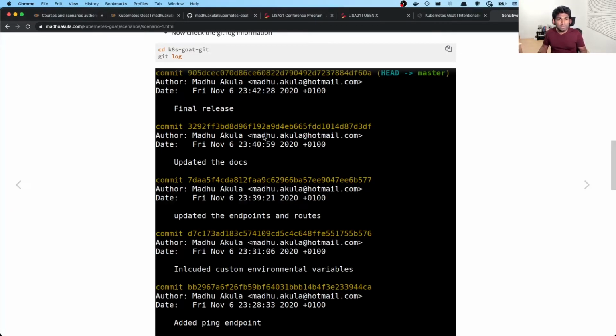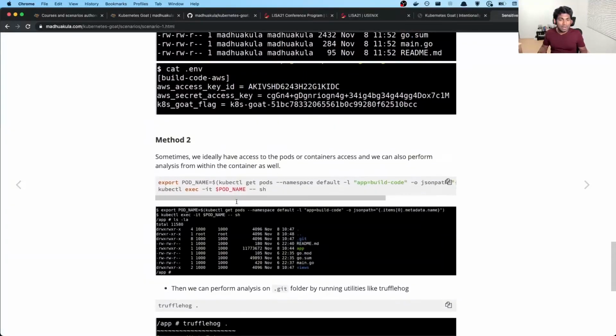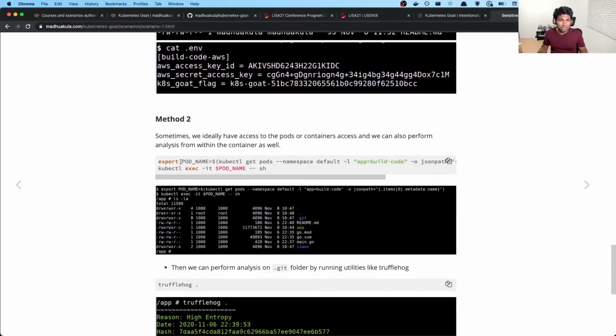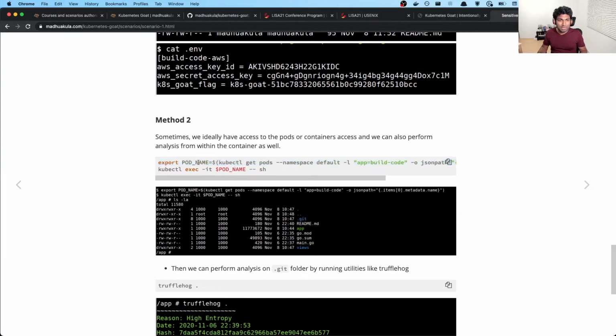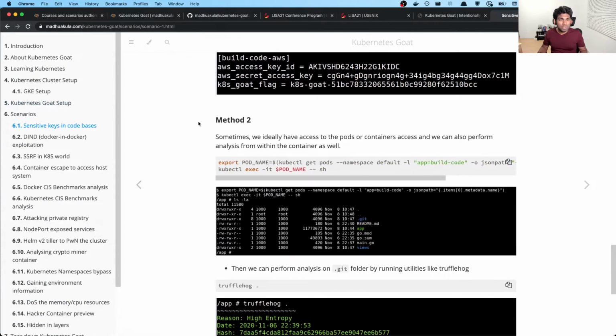we can still see these secrets lying out there, right? This is one of the common cases which we see in real-world, day-to-day Kubernetes clusters or CI/CD environments, where we see a lot of sensitive information committed and not cleared, lying out there in the containers and Kubernetes services, right? And there is another way you can achieve this. This is a different method, so that is where this guide is pretty useful. I have tried to document them,